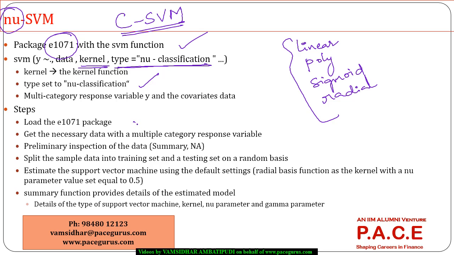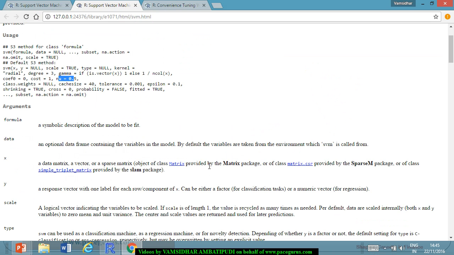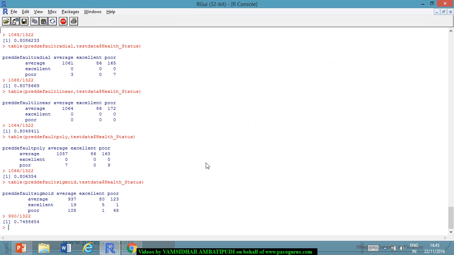Now going with just executing the same on the data, I've loaded this package. All these things are exactly the same. Now estimate the support vector machine using the default stuff. So I will use the parameter values by default. And we will build the four default. So we'll say fit default